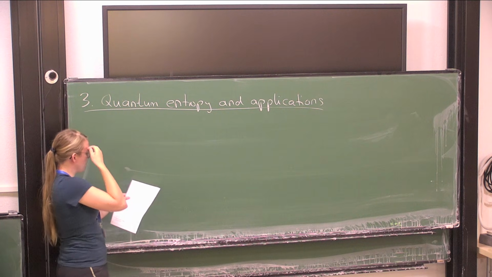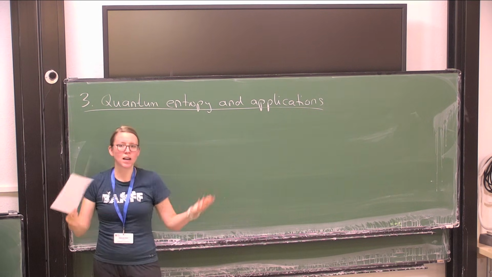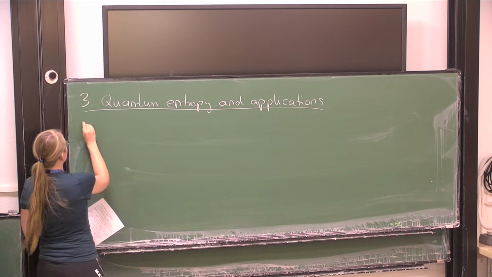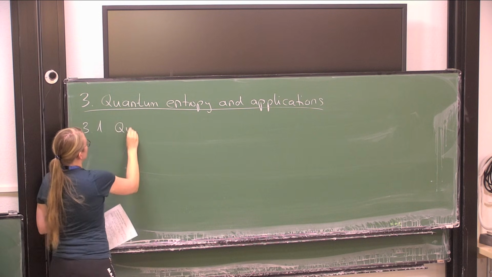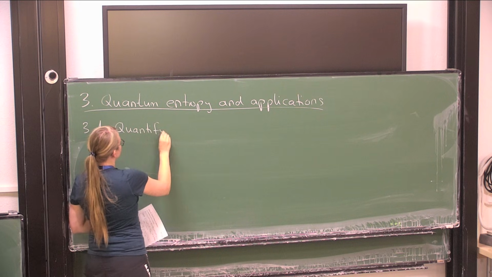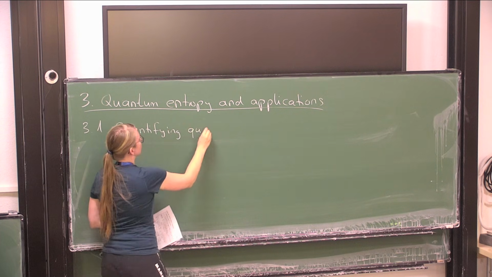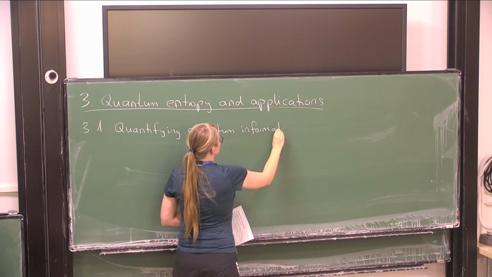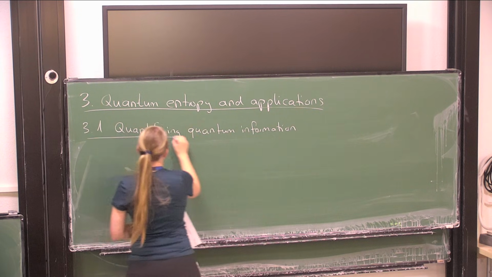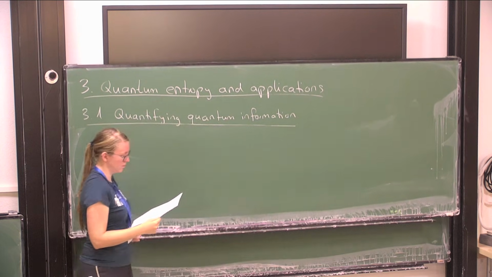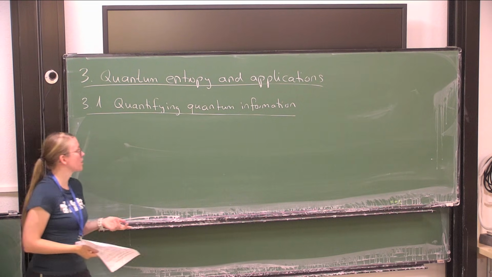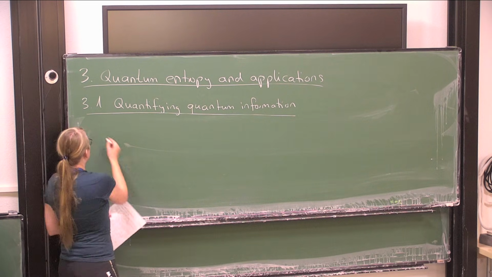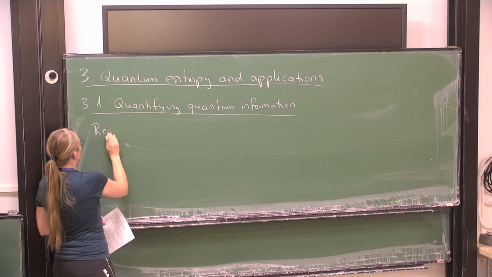First, in the classical case, we talked about how we can quantify information using entropies. Now we want to do the same thing in the quantum case. So we start with talking about quantifying quantum information. For that, we need a quantum version of the entropy that we discussed in the first lecture. So if you remember how the entropy is